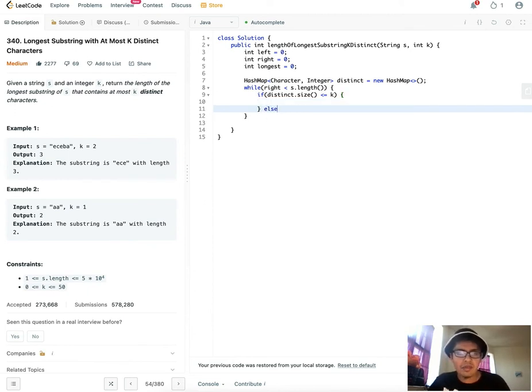Again, it's at most. That's why I have this less than or equal to, because you can have a substring that's less than k, and we're still comparing the longest there, as long as the number of distinct keys in the map, which is the number of distinct characters in the set, is less than or equal to k. So if that's the case, what we do is